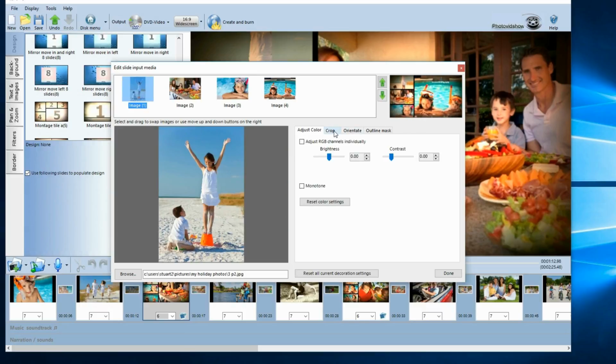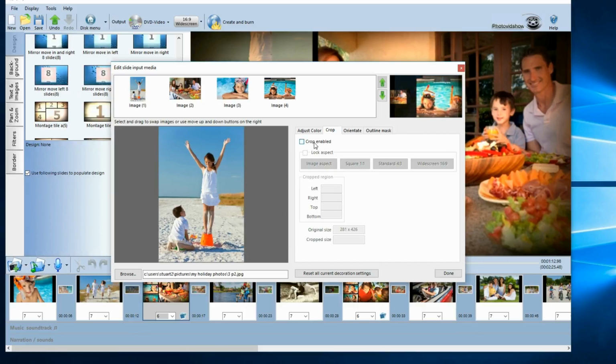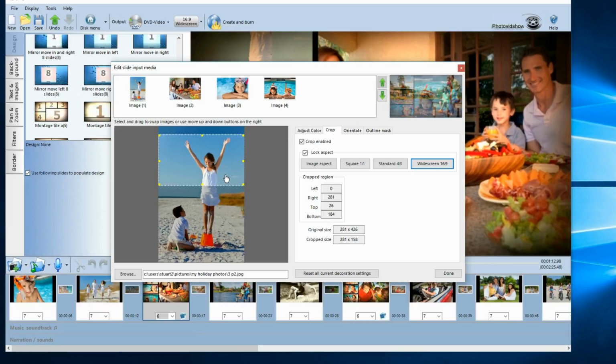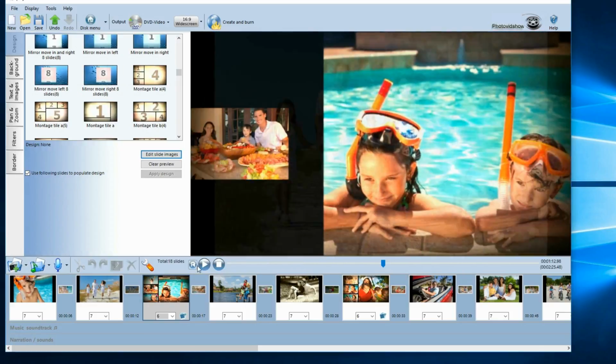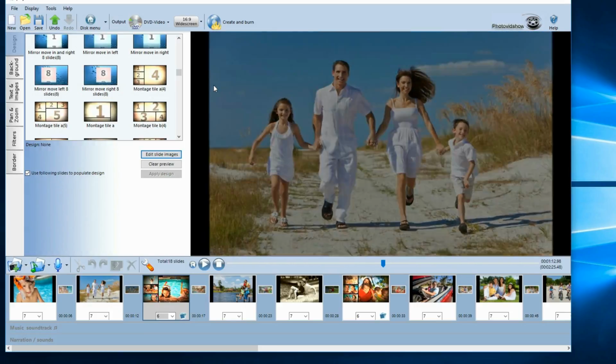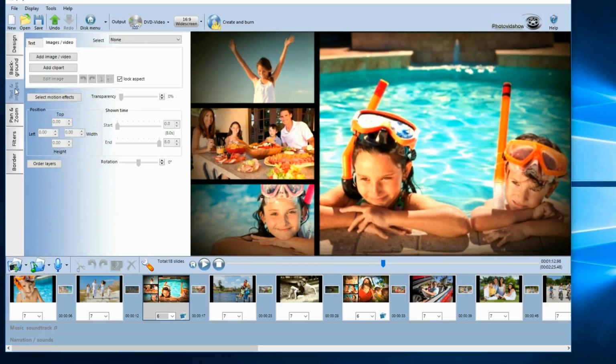I can then select the crop tab, crop enabled, and say I probably want a 16:9 aspect. If I move that up there, if you just wait a couple of seconds, there we go, it's applied that crop in this preview area so you can see what it looks like. So we're happy with that. Now when we preview this slide, we've got the bit of the image we want. Now if I go back to the edit slide media window again,